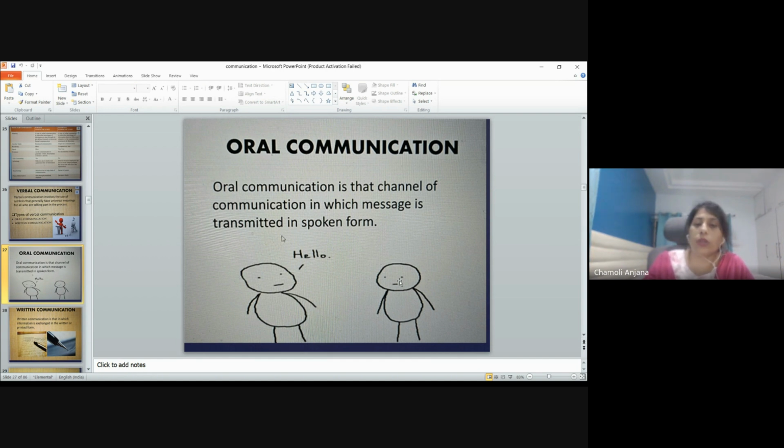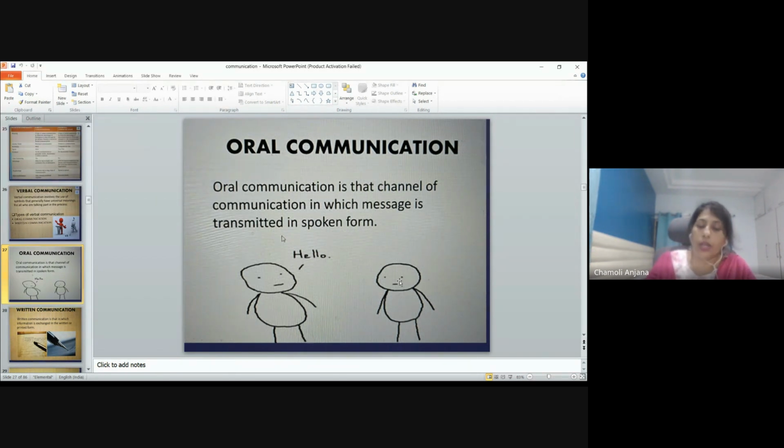So when there is a discussion going on, where you need to have constant exchange of information between the members, it is not possible if you keep on writing and discussing. So for that kind of communication, oral communication is the best. At the same time, the feedback is very fast, quick, and spontaneous when it comes to oral communication. If it comes to written communication, then the feedback takes time, and discussion is almost impossible through written communication.